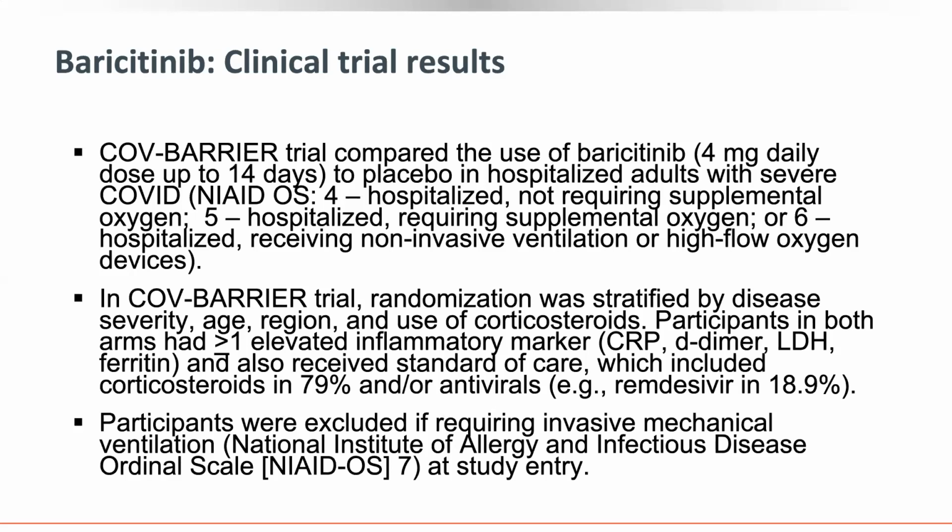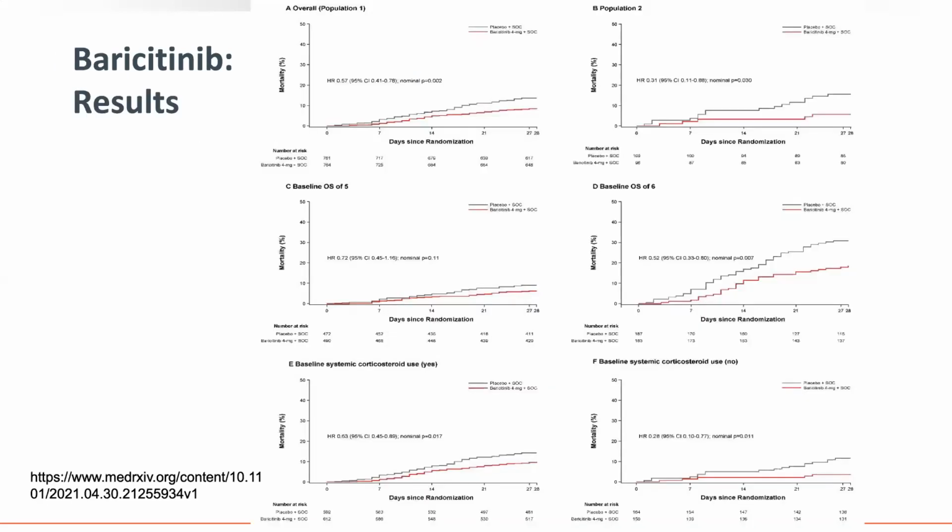You may not see these slides well, but you can appreciate briefly that those in red are the patients who are on baricitinib, and you can see the mortality rate is lower. So when you see that the rate is lower, it just means that the rate of mortality is reduced for those who are taking the drug, represented by the red line, baricitinib.